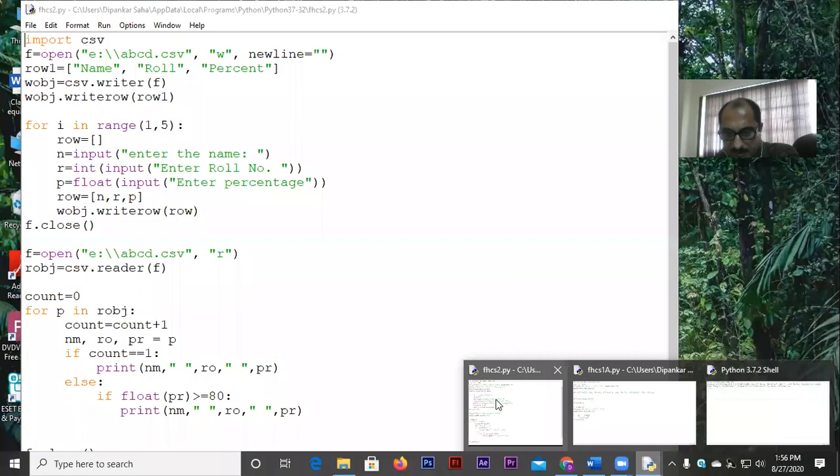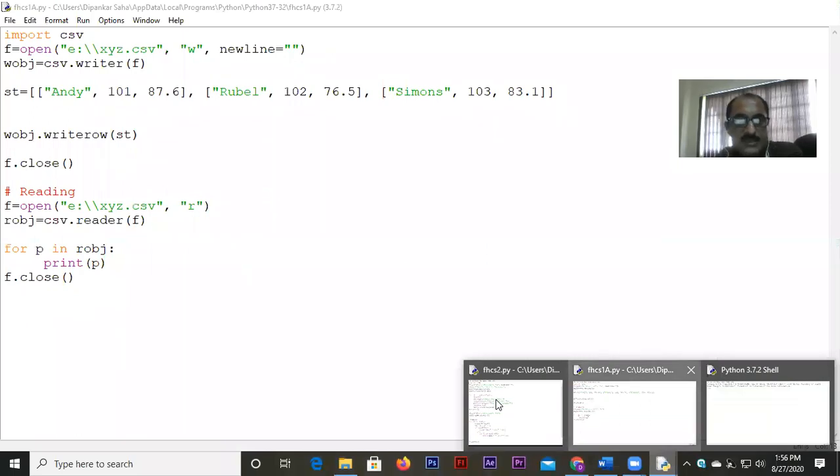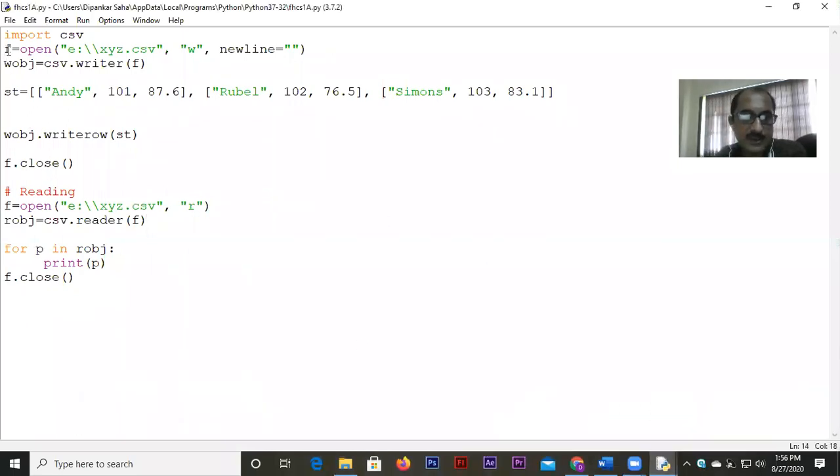Here is a small program that I wrote for you. Look at this. I opened a CSV file in writing mode with newline. I told you in my previous video the purpose of newline, so that by default the extra line doesn't come in between a particular chunk of information. Then we have taken the writer object, which is linked with the file object f by using the writer function. The writer function comes under the csv module.